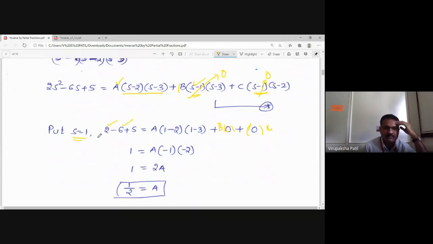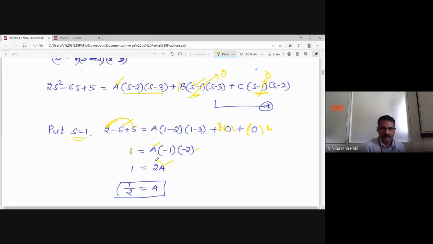Now finally, here you simplify this part. What happens? This is 6 plus 2, plus sign. 6 plus 2 is 7, 7 minus 6, you will get this as 1. Now concentrate on this. (1 − 2), you keep a as it is because you want the a value. 1 minus 2 is minus 1, 1 minus 3 is minus 2. If you simplify this, you will get, as you have already written here, minus into minus is plus, 2a equal to 1, or 1 is equal to 2a.